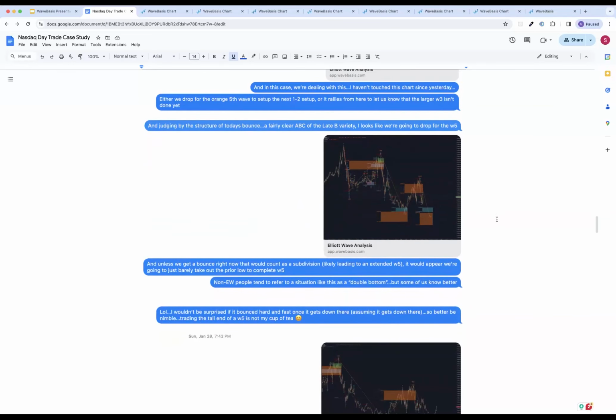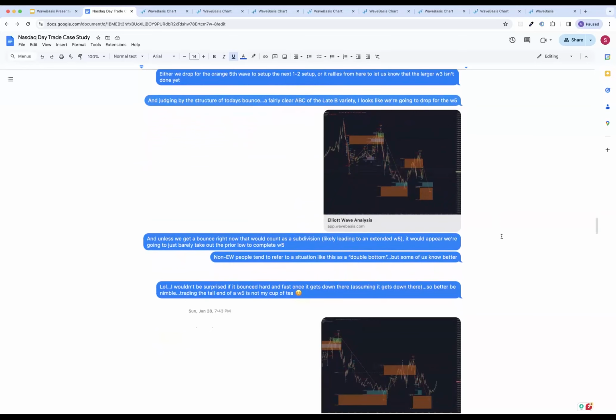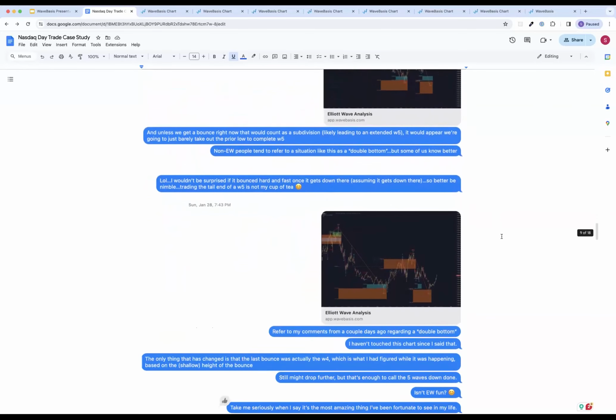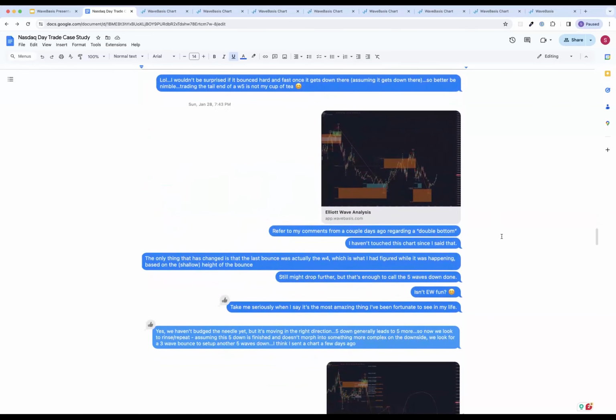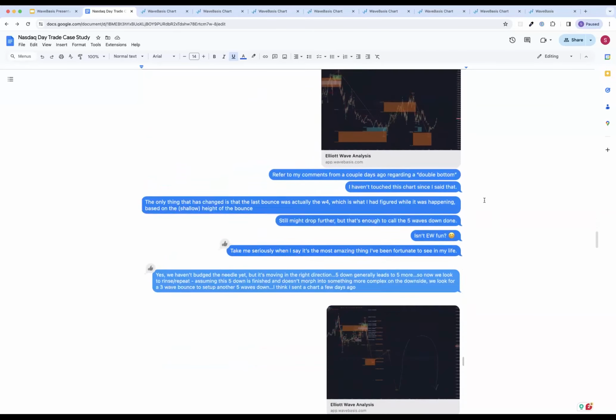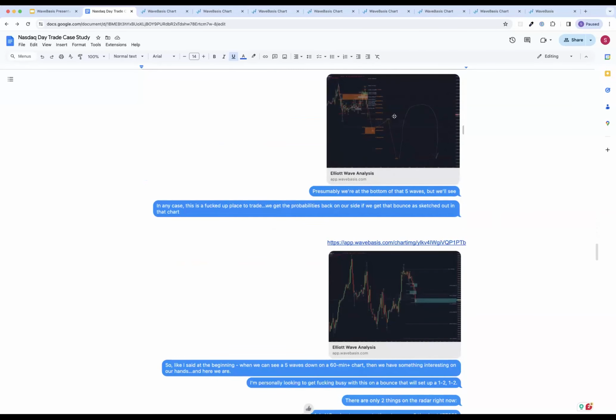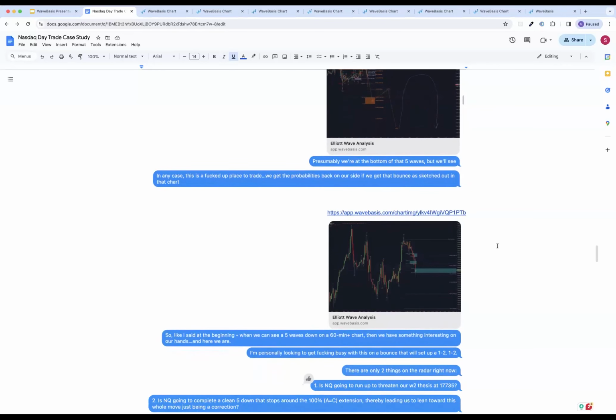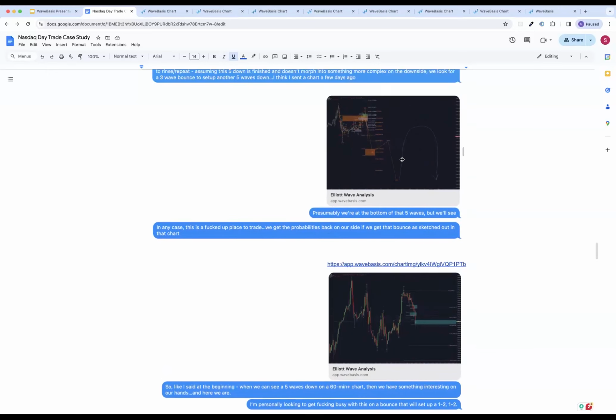And sure enough, as we move forward, like I said, this will be on the website. You can see all my little ramblings in between. It did come down to complete that 5 waves down and started to bounce. So again, we're not thinking that this is going to happen. We're not hoping that it's going to happen necessarily. This is what needs to happen in order for us to consider a new short. The market, long story short, this did not happen.